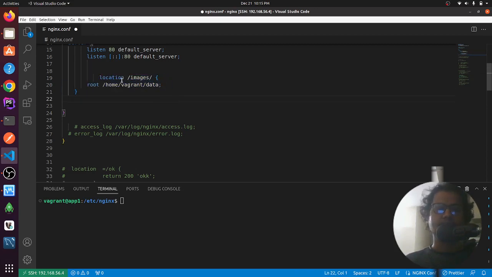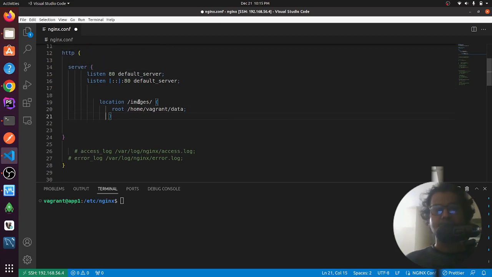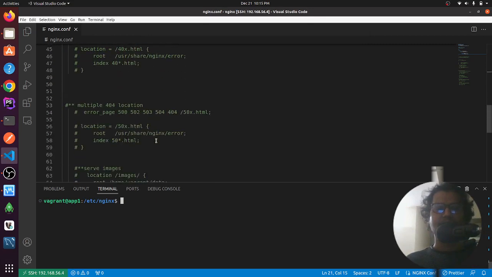As you can see, I have a location directory, and it's matching these images, and our root directory is /home/background/data/. So if I save this and restart our Nginx, and I make a call like